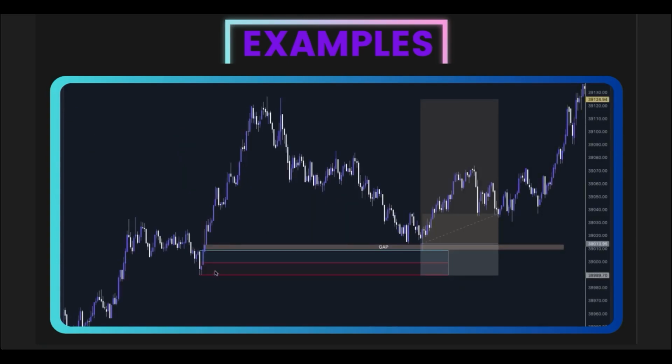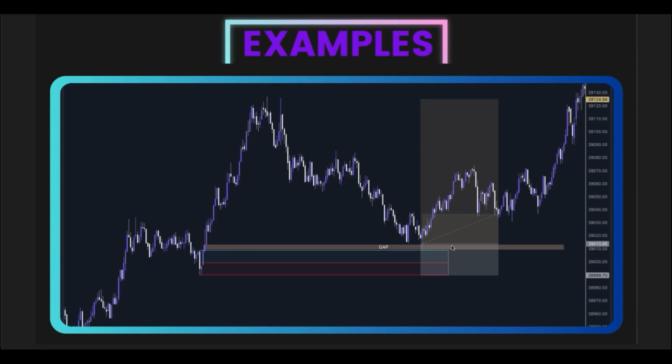Same thing here. Now here, I try not to add too much stuff to it, but obviously you can tell that the trend was bullish, and I marked up this gap. Now the gap could have been from here. You could have marked up the gap just from here specifically, but this is a really, really good example. Why? Because I chose this candle because it was already covering the gap down here. So I thought, you know what, maybe this candle would be the one that I want to mark up, but I wanted to be extra safe and marked up this gap right here and instead set my limit order right